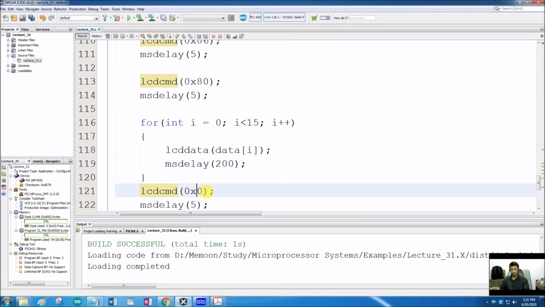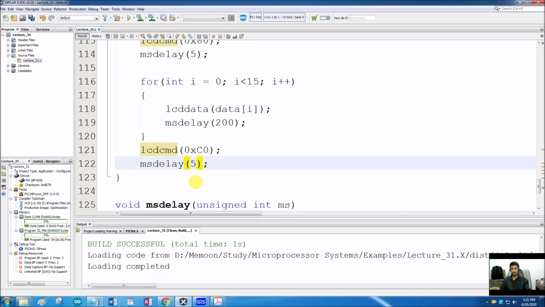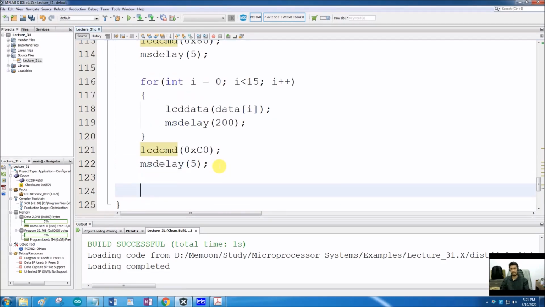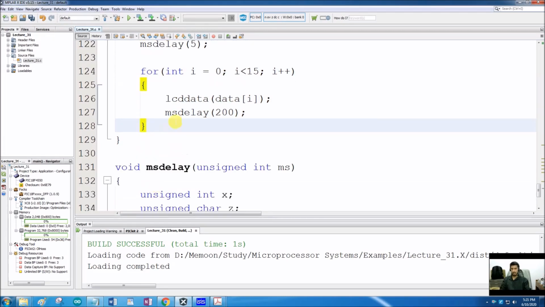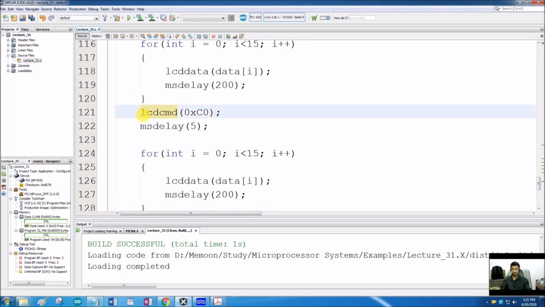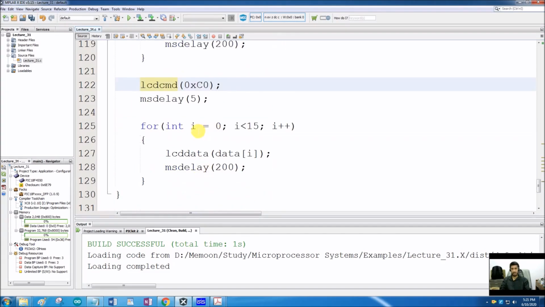So let's change it to 0xC0. Then the cursor will be shifted to the second line, and then copy this loop again to send the rest of the data to the second line. But here the i will start from 15 and it will go up to 30 because we have already reached up to the 15th position of this array.